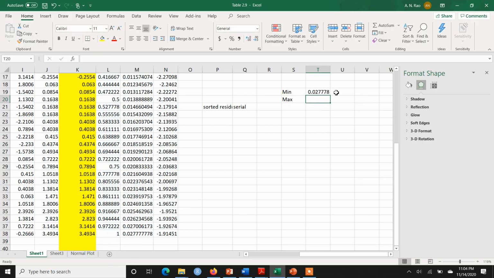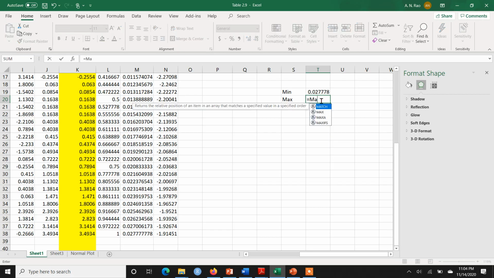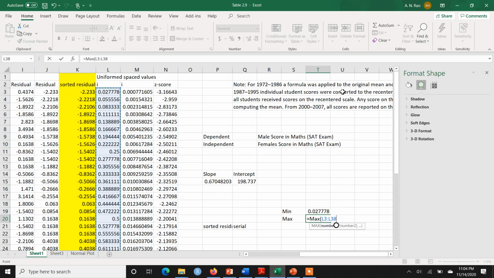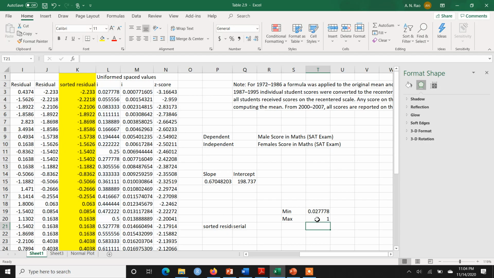The minimum is alright, because it should not be negative and should not be 0. It should be greater than 0, and this minimum is greater than 0. Let's check the maximum of the same i column. I select these values and press enter, and you see that the maximum is 1.